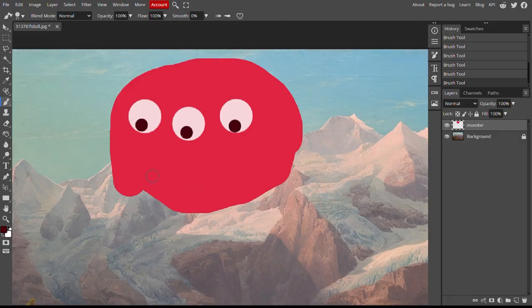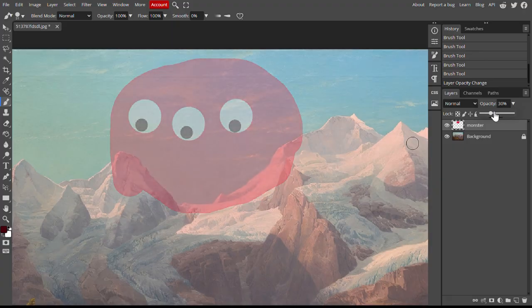So now I want to fit the monster to the mountain. And I'm going to have to cut off the bottom. I'm going to make sure I'm on the monster layer and use a selection to cut that bottom piece. So I'm going to click there. Something that's going to help me is changing the opacity. As I slide this down, you can see the monster become see-through, and that allows me to see where I